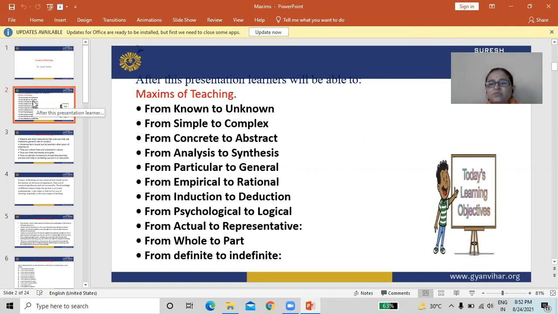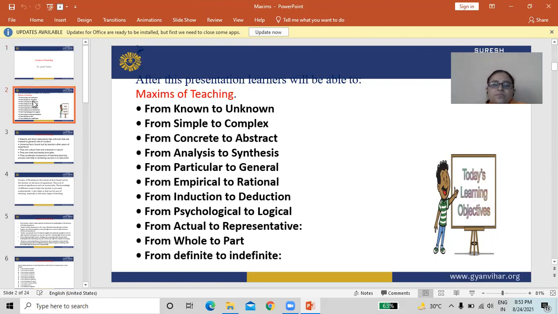Learning objective of today's lecture: after this presentation, the learner will be able to know the maxims of teaching. We will cover all maxims of teaching, from